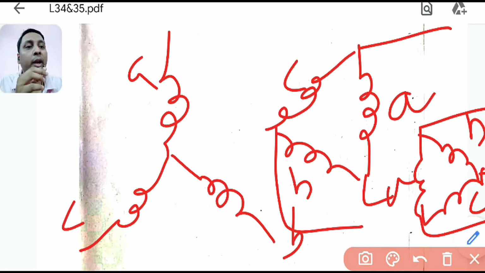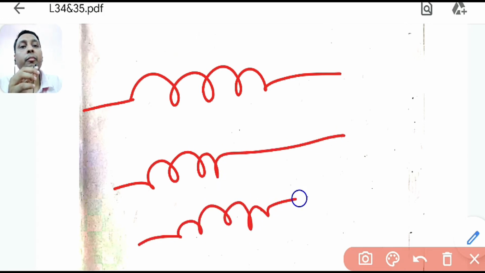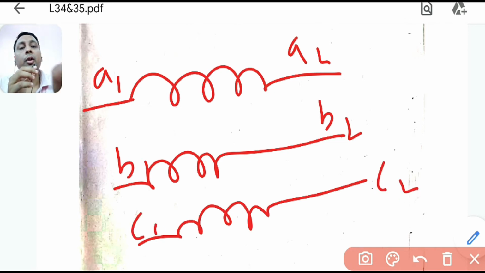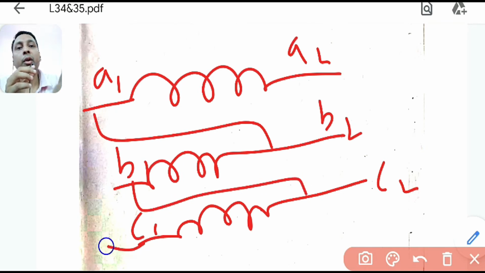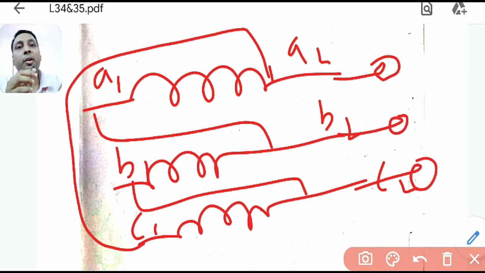But the standard way we connect it, you see, is physically like this. Suppose you have 3 windings. Now to connect it in delta, one possibility: this is A1, A2, B1, B2, the 2 sides of the B coil, and the 2 sides of the C coil, C1, C2. Now the standard convention is to connect this, and then to connect this and this. So this goes out, this goes out, this goes out. So you can see there is a relation between A and C. A and C are connected.